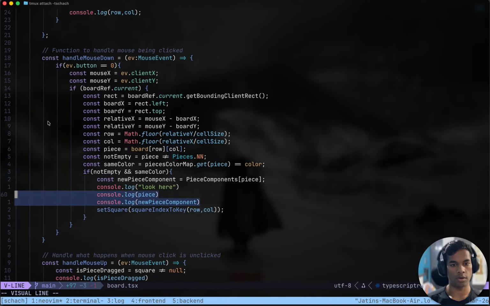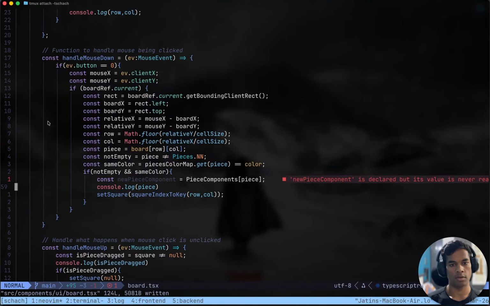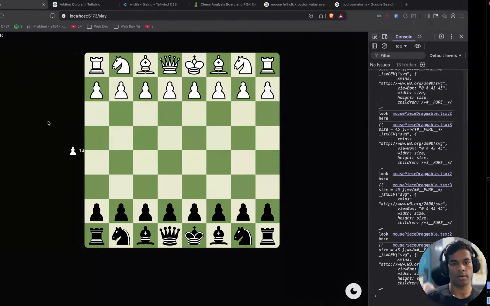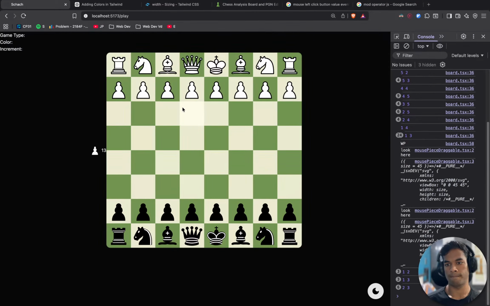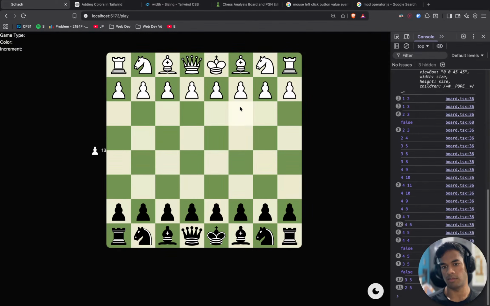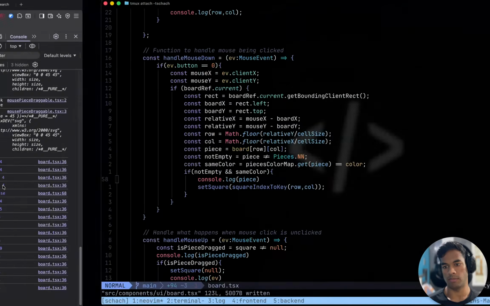Okay, do not console.log these things, not in this. False, the piece was not being dragged, you say, even though it is being dragged.